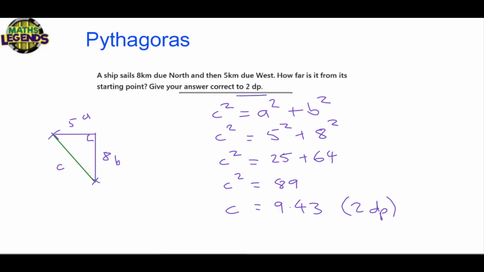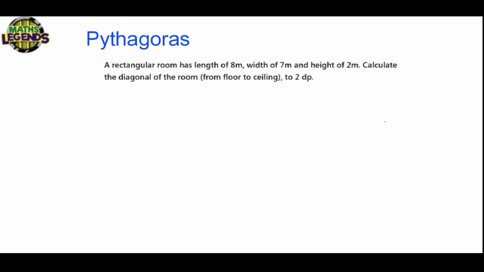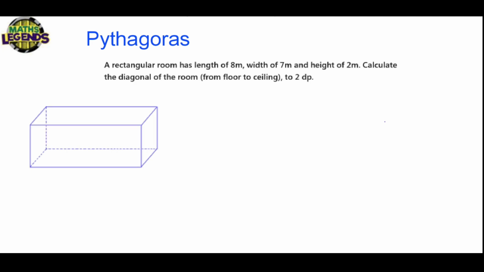Let's look at another example. So here we have a rectangular room that has length of 8 meters, width of 7 meters, and a height of 2 meters. And we're asked to calculate the diagonal of the room from floor to ceiling. So first we have a rectangular room. So let's draw a diagram. And we are told that it has length of 8, width of 7, and a height of 2. And we are asked to calculate the diagonal of the room from floor to ceiling, represented by this red line